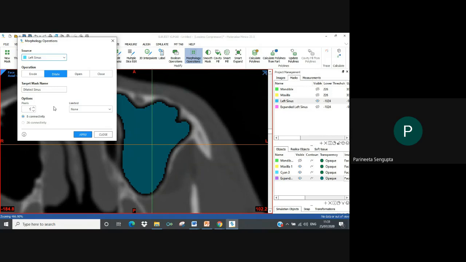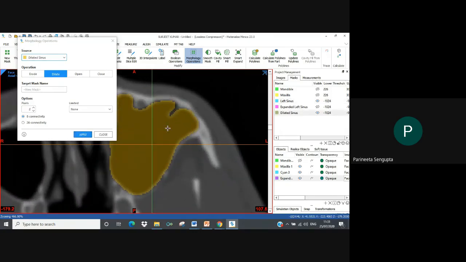I'm just going to keep 2 pixels maybe and use the connectivity of 8 connectivity. Connectivity here functions similar to region grow. So based on 2 pixels, it chooses the other 8 pixels, and based on those other 8 pixels, it will keep choosing 8 pixels. So the chain continues and keeps growing. I'll click apply.